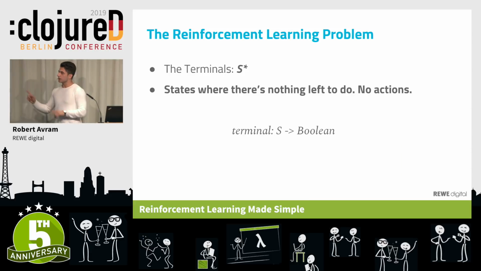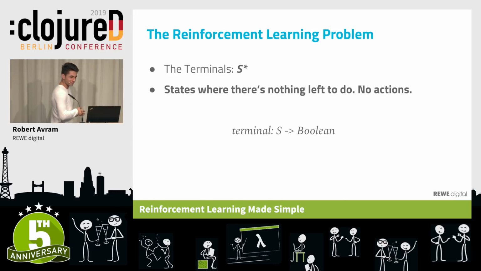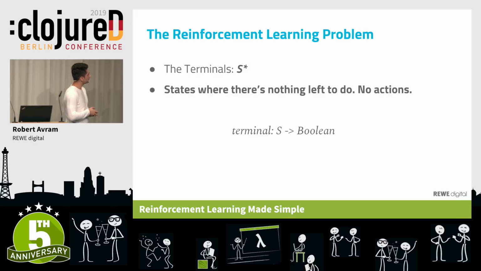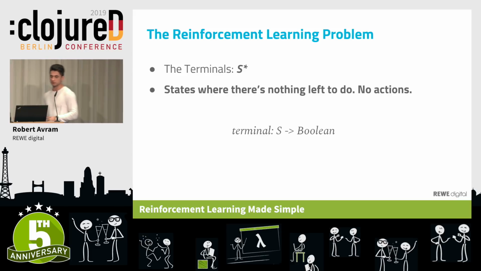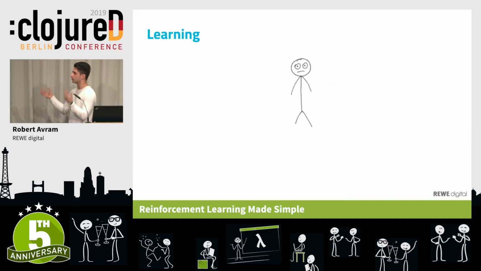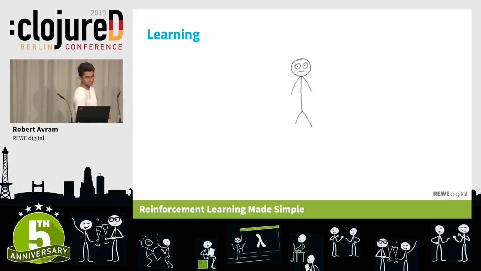Now, you can think about this again as a function. Very functional, isn't it? And you can think about it in terms of a predicate. If you give me a state, I can tell you if it's a terminal state or if it's not a terminal state. Now, if you ever have a reinforcement learning problem, or an optimality problem, and you want to solve it with reinforcement learning, just define these 5 quantities, and you can start throwing reinforcement learning algorithms at it.